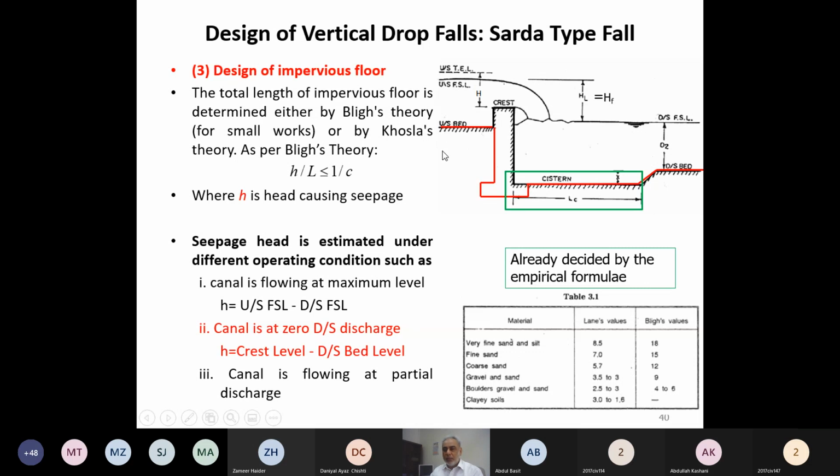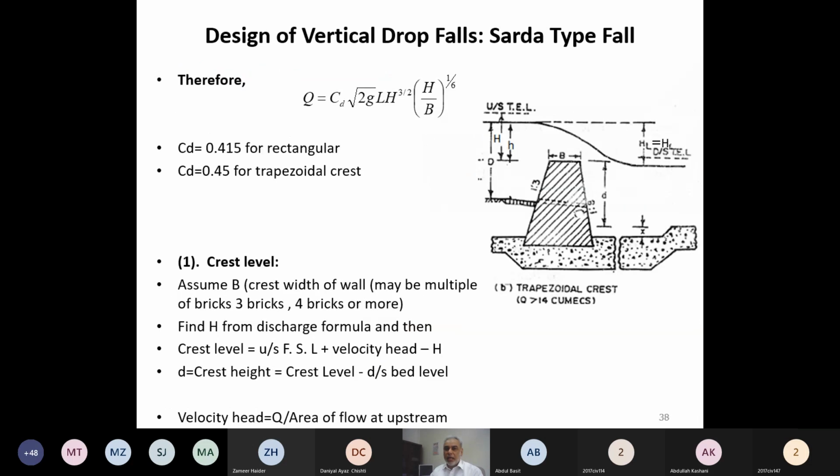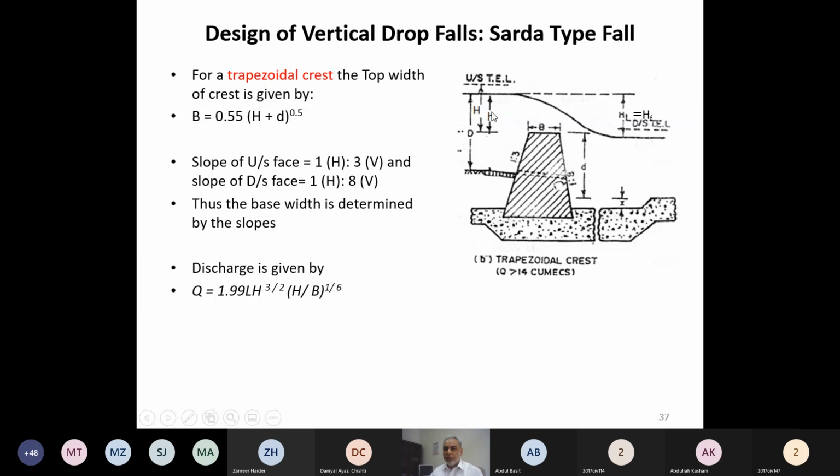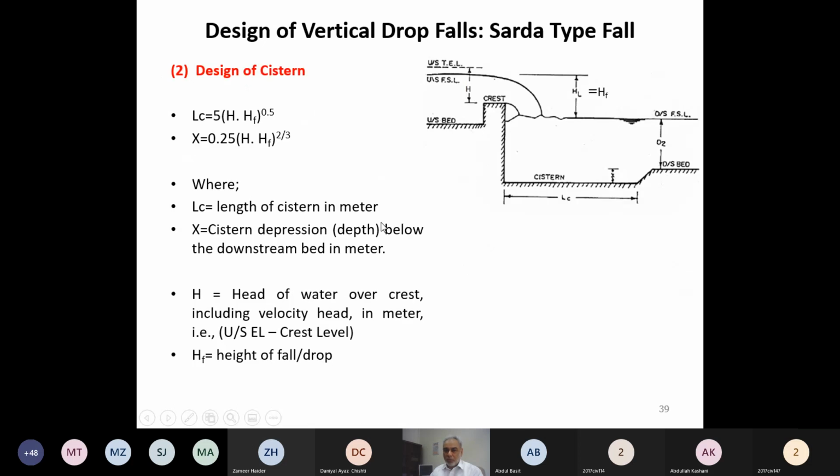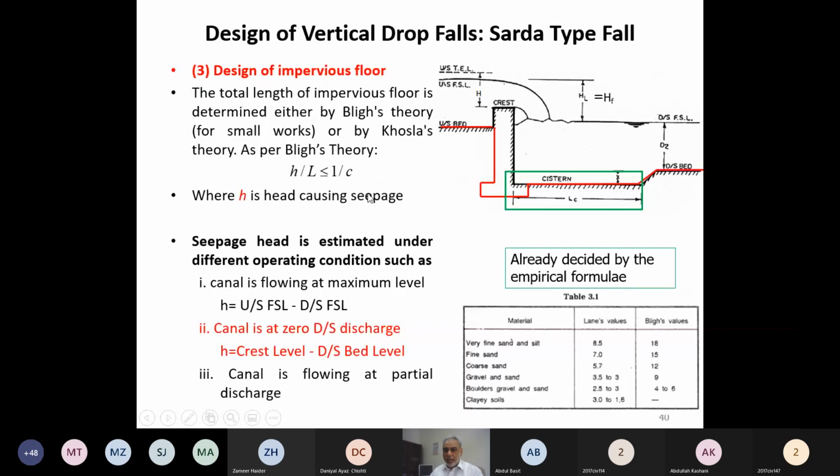So as I already told you, the length of the concrete floor will depend upon the fact that when water comes out, the gradient, the head gradient H over L. यहाँ पे अब H की definition a little bit different है as compared to the H definition previously। Previously H was defined as the water depth above the crest। तो note it कि यहाँ पे H is again defined but it is different। H is head causing seepage।